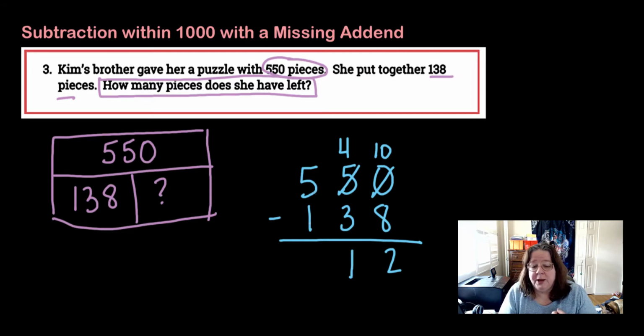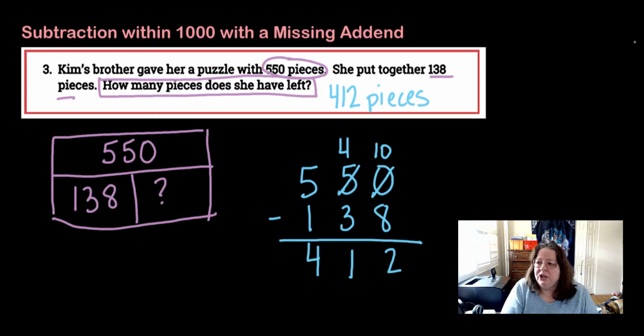5 minus 1, 1 in my head. Okay, 1, 2, 3, 4, 5. Had 4 fingers up, my answer is 4. I know a lot of you can do that in your head, but for a lot of us, doing addition and subtraction in our head is really difficult, and so I wanted to show you some strategies. So my answer is 412. She should have 412 pieces